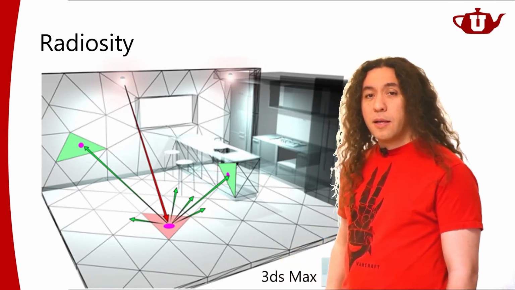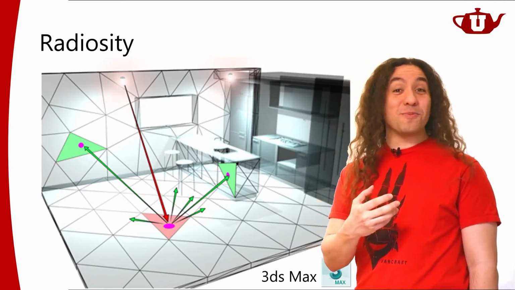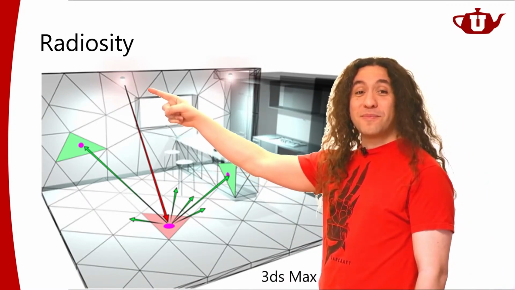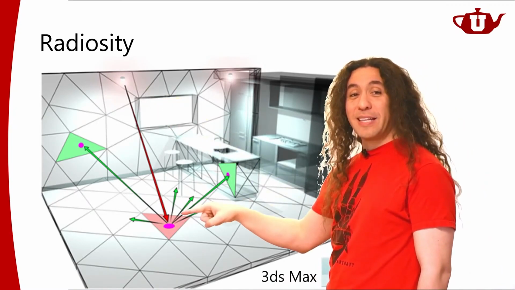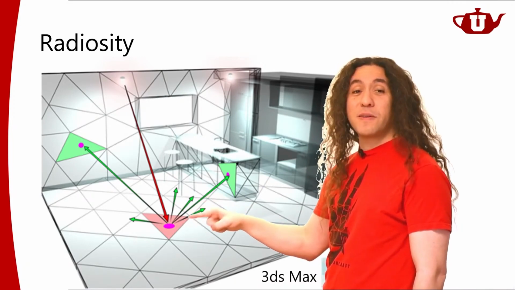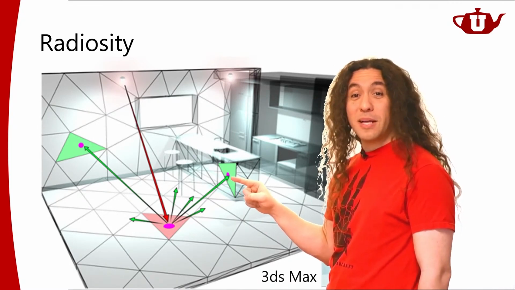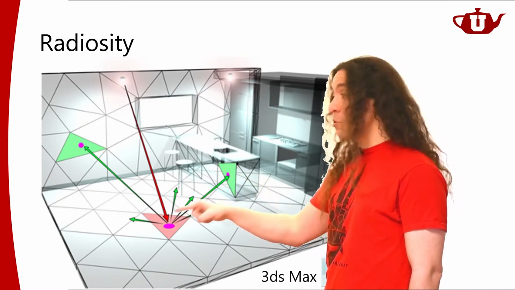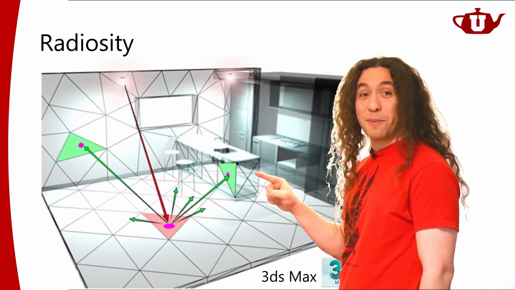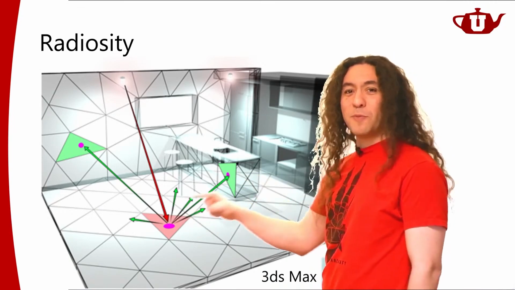And of course, this is again going to have to include multiple light bounces. Light comes from this light source and illuminates this surface, and now this surface is illuminated. Because of the illumination of this surface, now this surface is illuminated a bit more, and because this surface is illuminated a bit more, now this one is illuminated a bit more. There are infinite light bounces in between them.